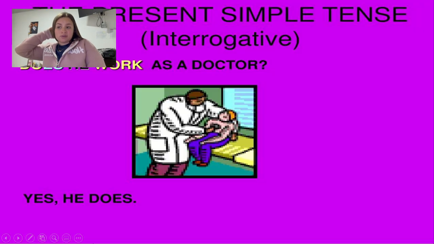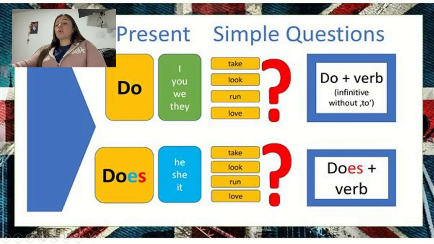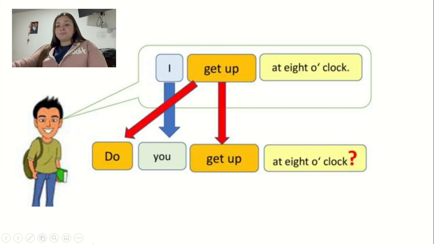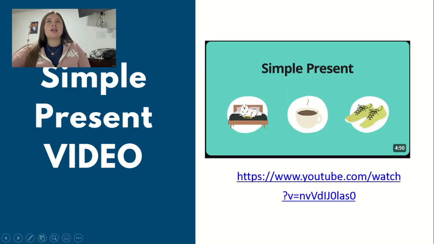So after that we have the interrogative form. In this part we use the auxiliary do and does. After that we have the subject, and the verb is in the base form, and it's the same. We are going to do an activity where I give you a sentence in affirmative form. They are going to change it to interrogative form, and the first one gets a point. It's Sidra. So to reinforce